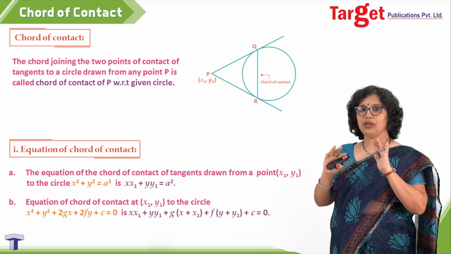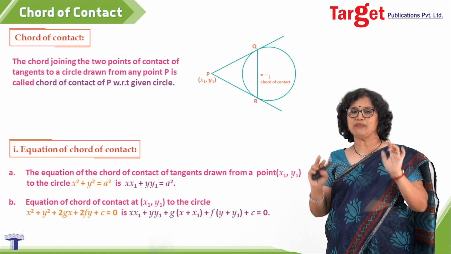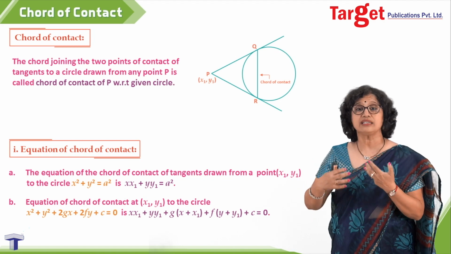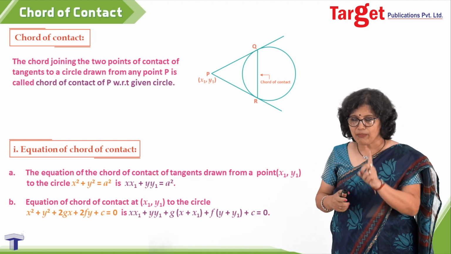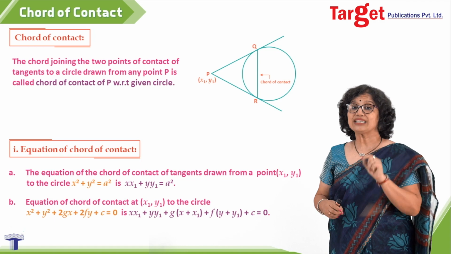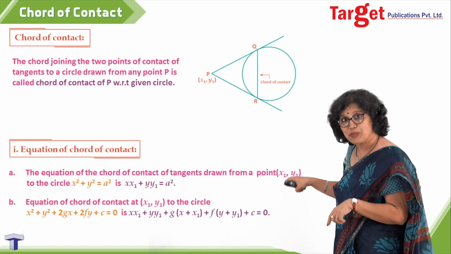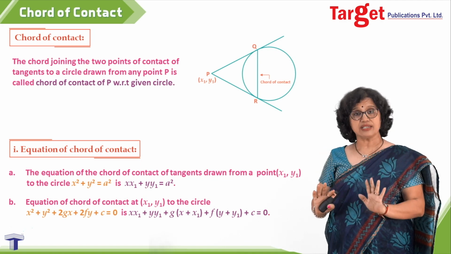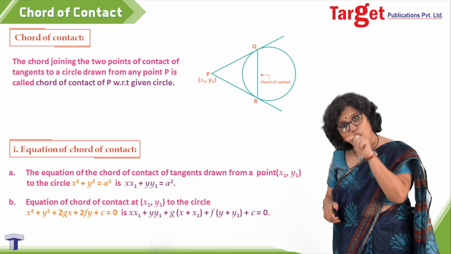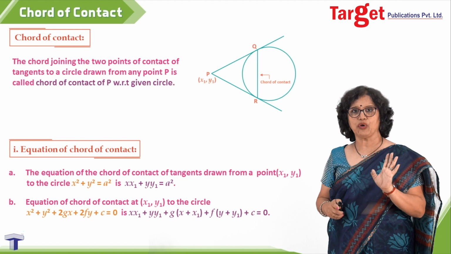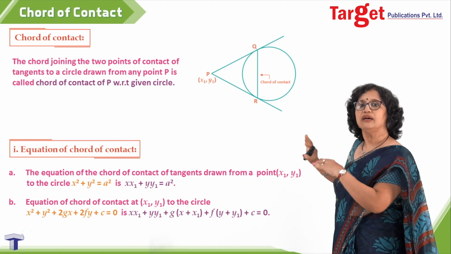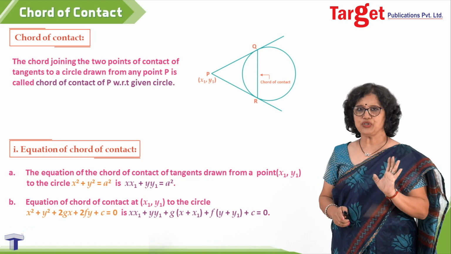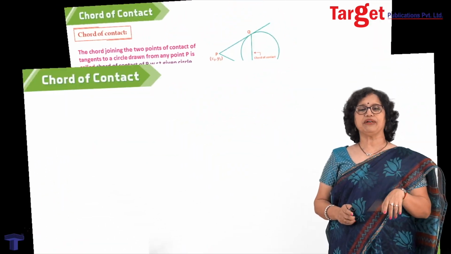So, for remembering part, you can always remember the equation of chord of contact as the same as the equation of the tangent. But remember one thing clearly: (x1, y1) in this particular situation is outside the circle from where you are drawing tangents. It is not a point on the circle. That is the difference you have to remember. But otherwise, for remembering, if you want to take it the same as the equation of the tangent, choice is yours. Fine. Let us proceed further.